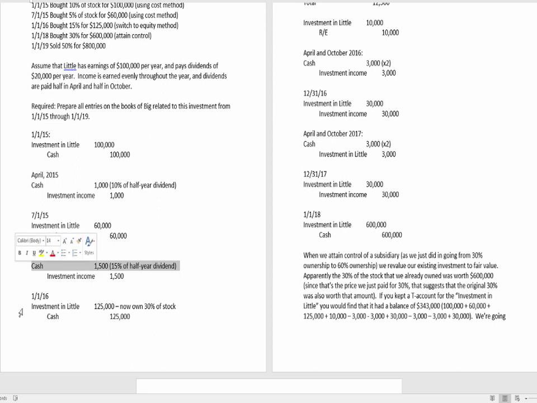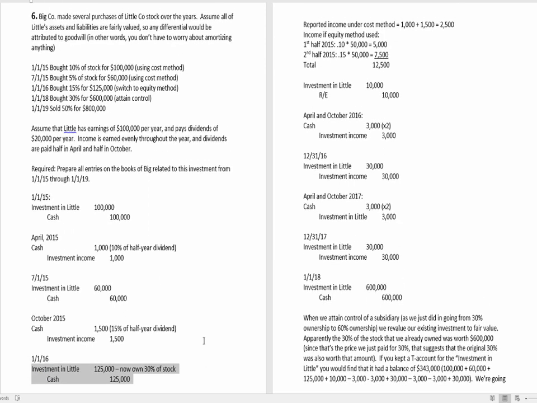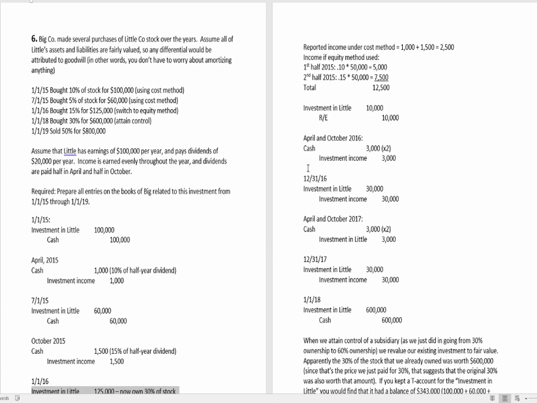So first, to record the investment in the usual fashion, debit investment in Little, credit cash for the acquisition cost. And now we need to look at the change in method from the cost method to the equity method. And again, what we want to do here is make it appear as though the new method had always been used. So we're going to go ahead and make a cumulative, retroactive, or retrospective adjustment to retained earnings to reflect the difference in the earnings that would have been recorded under the equity method versus what was recorded under the